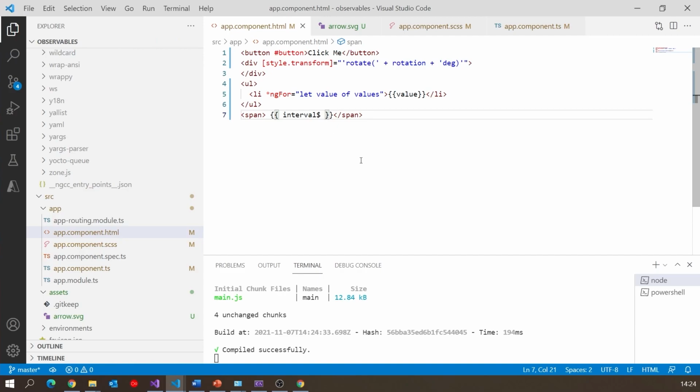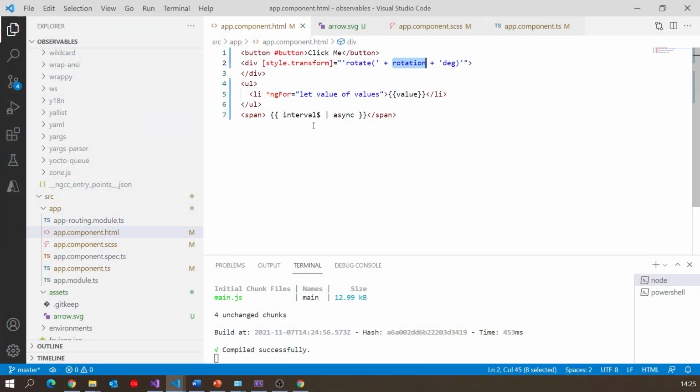But then we can do the really neat thing, which is we can use this async pipe. So just like I had with the currency pipe, we use the pipe symbol itself and then async. And now, when we look at that, we can see the values coming through. They're not being pushed onto the array anymore, it's just the current value, but we can see each of those values coming through every second.